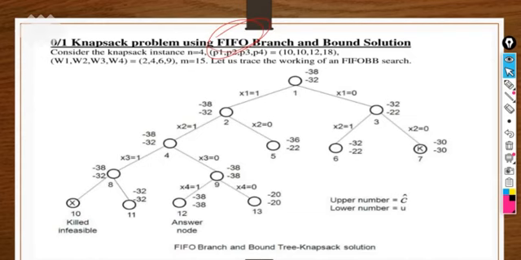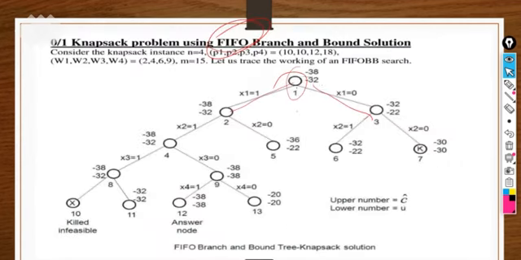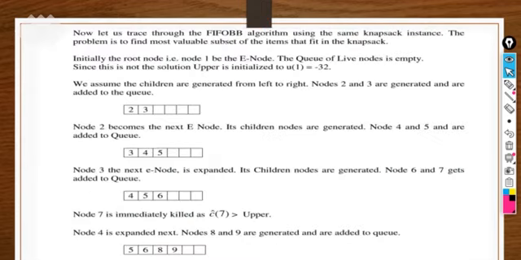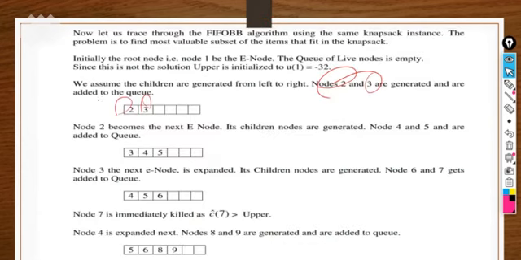In FIFO we know first in first out, so we will take the queue to update the nodes, right? So first we will take the first node, including and excluding, same thing we have to take, right? But what we have to do here is take the queue. So initialization with minus 32 is a, so we have to include or exclude the weight here, right, written, then cost is here written. So we will take the weight here. So 2 we have already taken, so we have to write here like node 2, node 3, right? We have to expand node 1 as node 2 and node 3. So I have mentioned it in a queue.